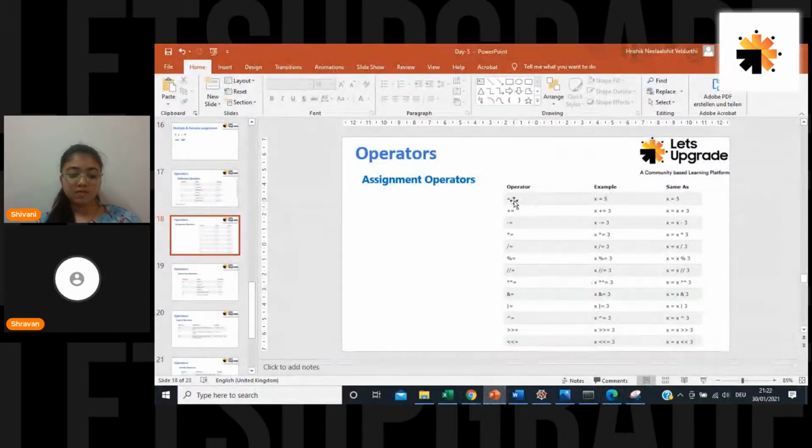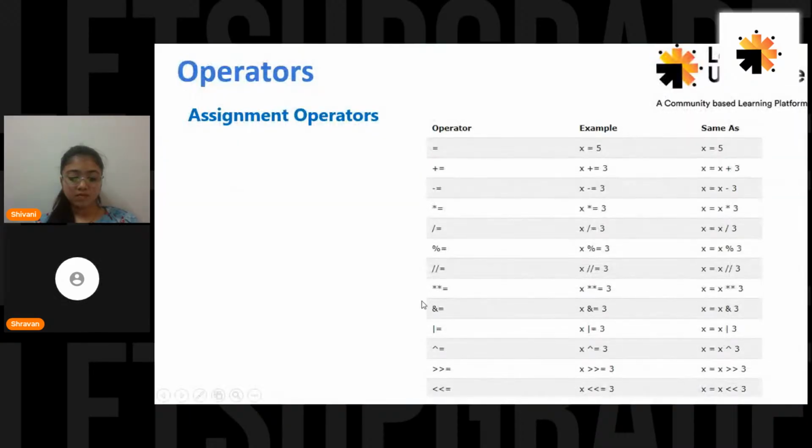It is like plus equal to, minus equal to, there are so many things. Here actually I told you, right? From here onwards we'll discuss in the later, after some time. This will be a little bit complicated to explain, so I need to give some background of it. So this we will be seeing later.